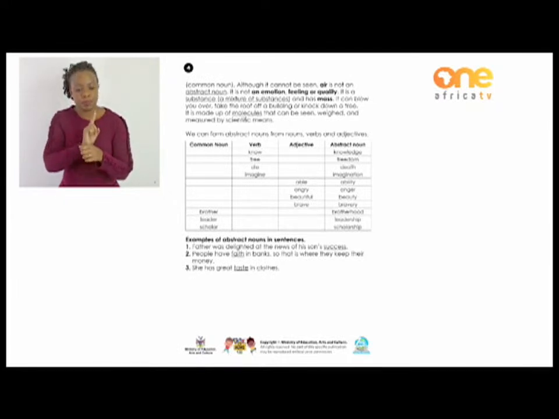Right, we have common nouns there: brother, leader, and scholar. Now let us look at the abstract nouns. We have brother, brotherhood; leader, leadership; scholar, scholarship. Those are the abstract nouns. Then we move on to adjectives. We have